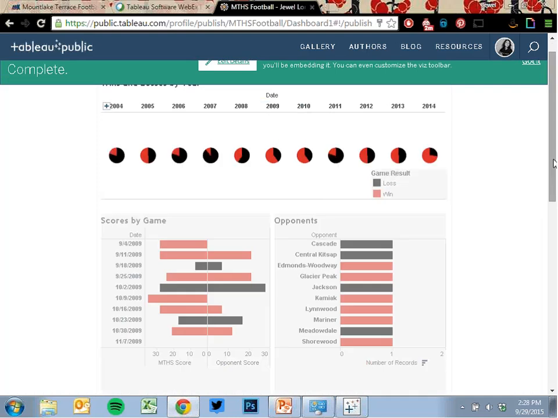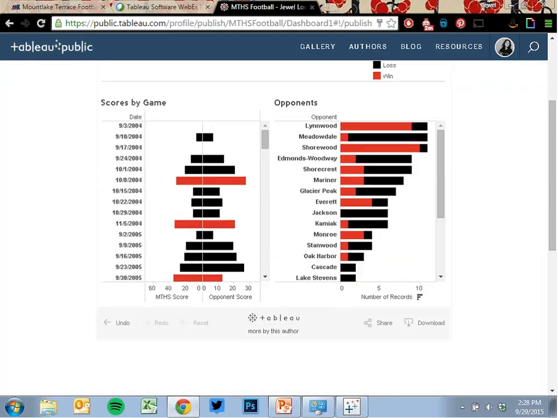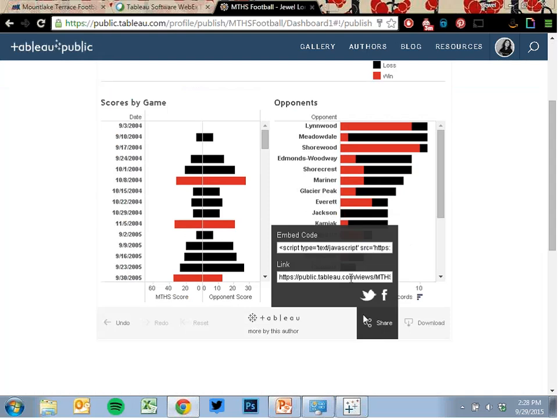And from here, if we go down to the bottom and we click share, we have a couple options. We could just share the link. So if you wanted to bring people just to this page on Tableau Public, just to look at the visualization, like if you're not embedding it into a story or something, you can just share the link or tweet it or Facebook it. But you're also given an embed code here. And this embed code works just like a YouTube embed code. So anywhere you can put a YouTube embed code, you can basically put this one. And you can just copy this and put it in your website.